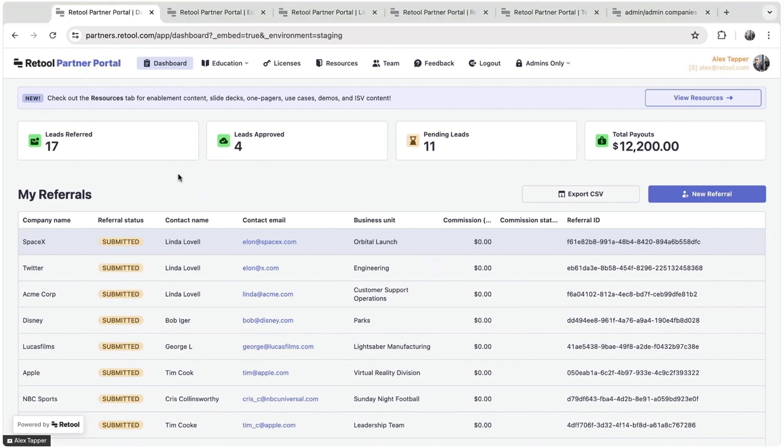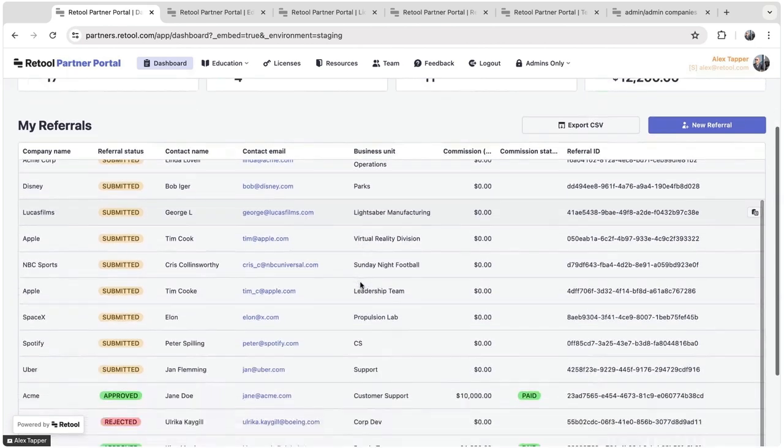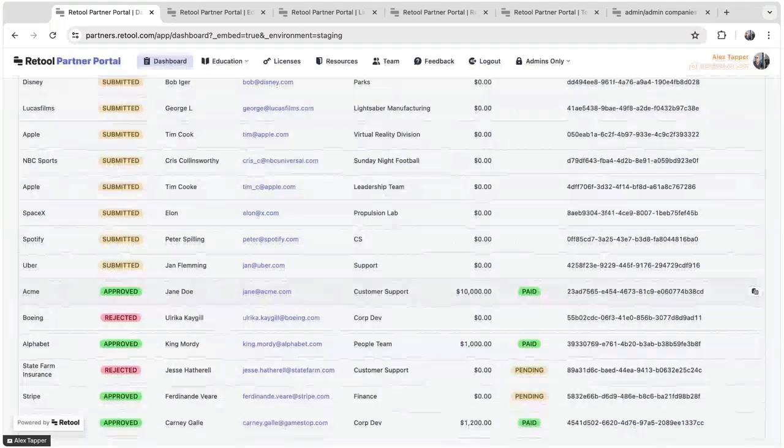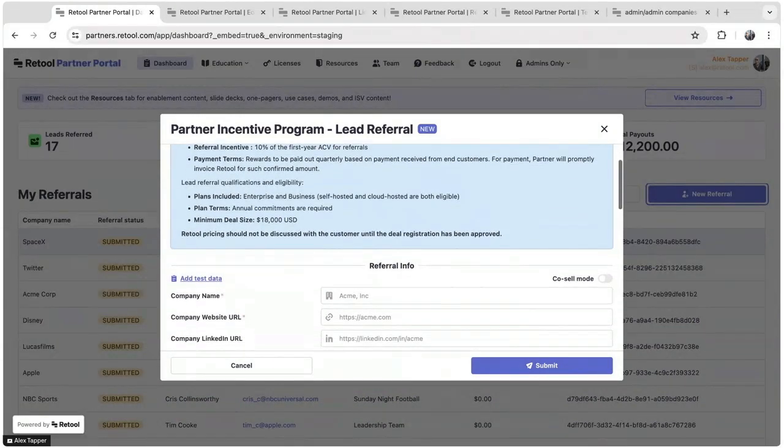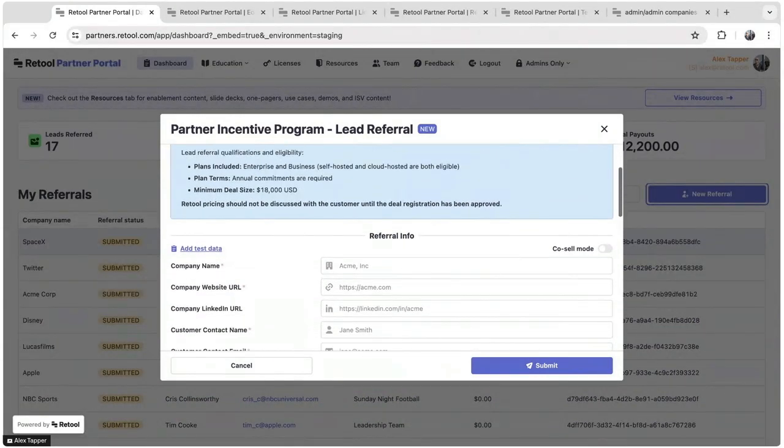So we have some high level statistics at the top here about how many leads they've referred, how many have been approved, how many are submitting, and they can also scroll to see all the historical leads as well. But the main action here is this form that I mentioned. So it has details on our partner incentive program, what qualifies, and then they can submit the information